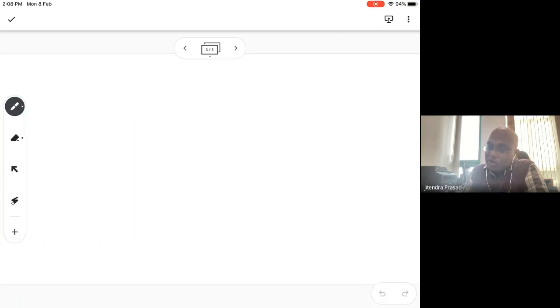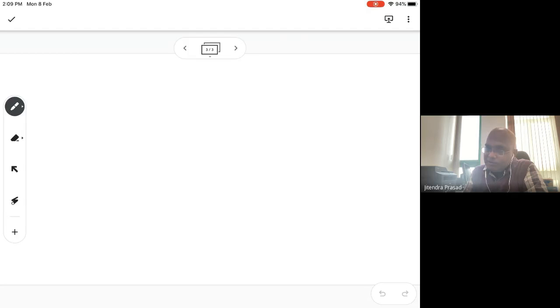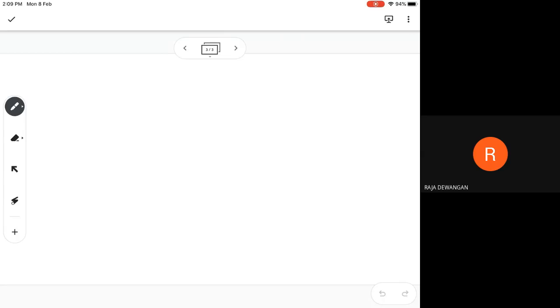Okay. So you are saying that the direction may change. Actually, we are taking a cross-sectional area. When we take a cross-sectional area, we take a plane that is normal to the surface. Okay. So how can we say that this is a one-dimensional problem? Actually, we are taking the second direction also for the cross-sectional area.